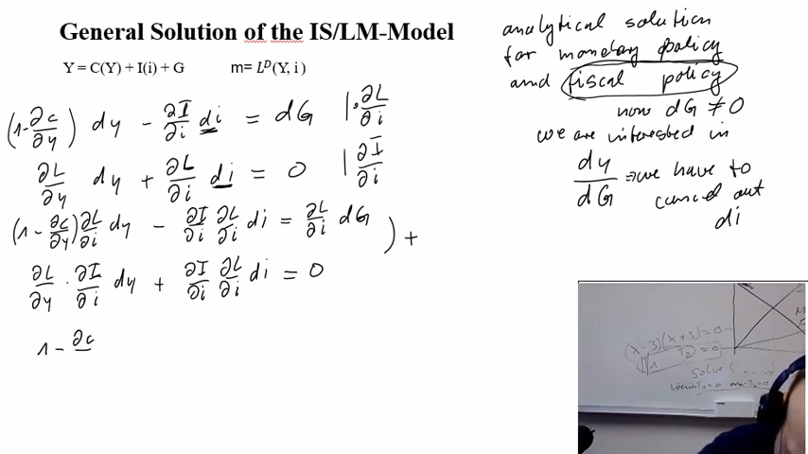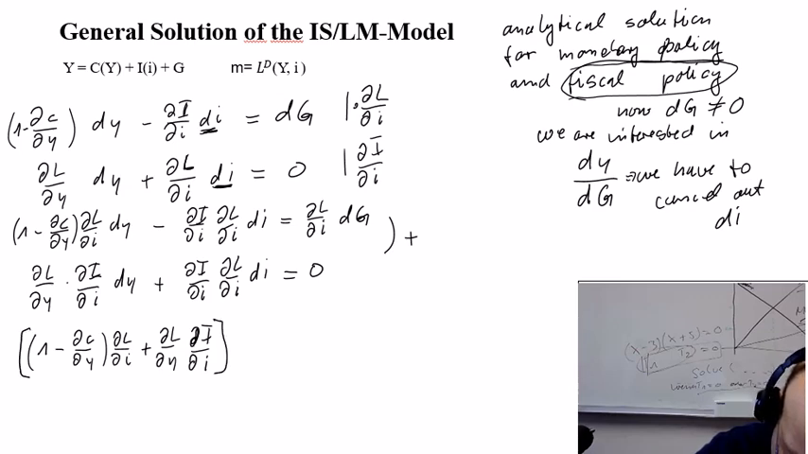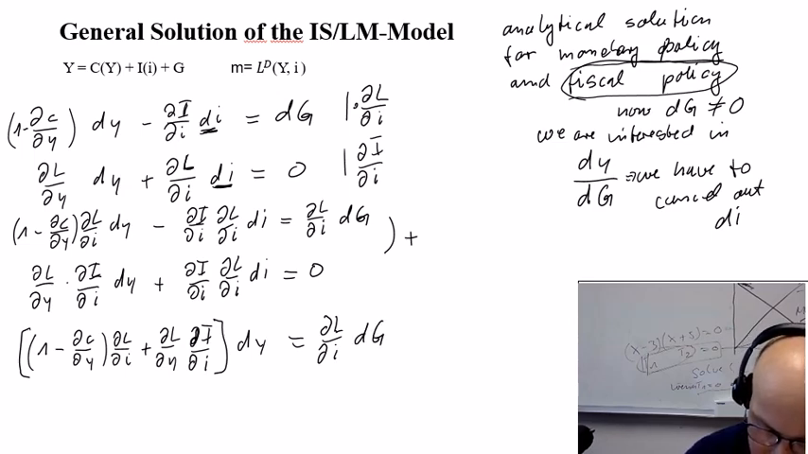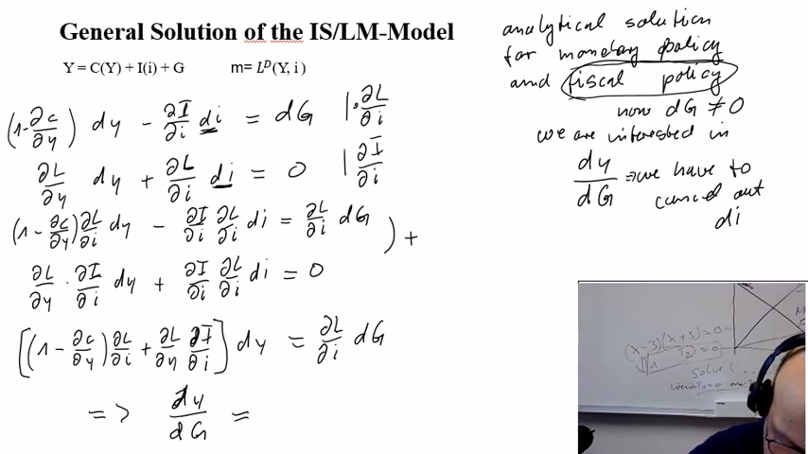(1 minus dc/dy) times dL/di plus dL/dy times di over I, times dy, is now dL/di times dg, and we want to solve for dy over dg, and this equals now